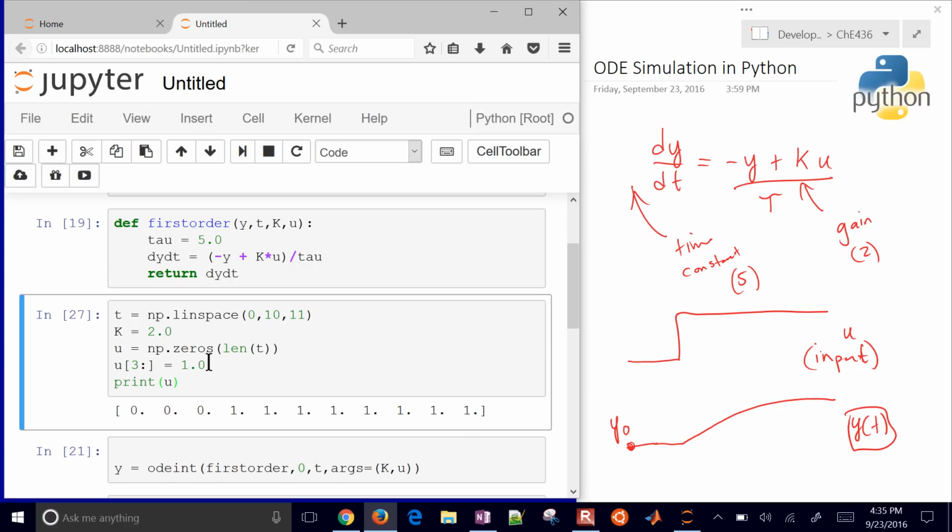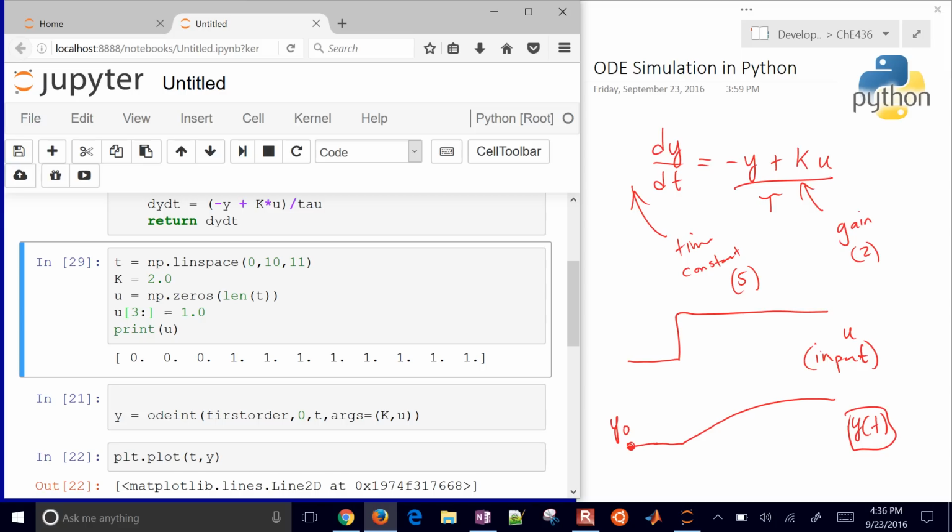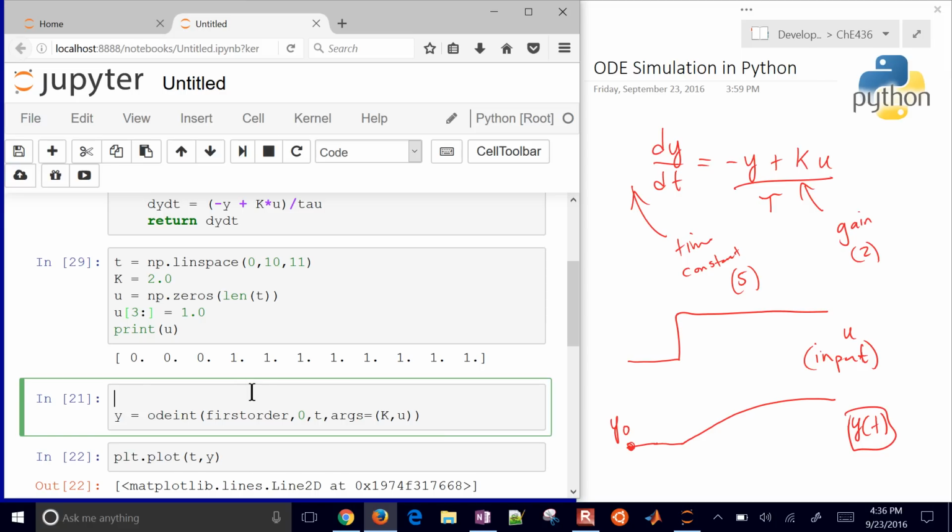So you'll see it's 0, 0, 0, and then the 3 is actually the 4th element. In Python it starts with 0, 1, 2, 3. And then there's 1s after that. If I just specified 3 to 8, then only some of those would be equal to 1. But if I just leave that final number out, it just knows to go to the very end. So I have different u values now, and I want to have those input at different times in the